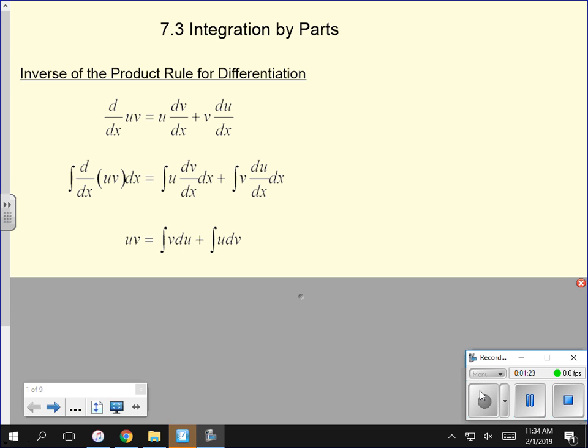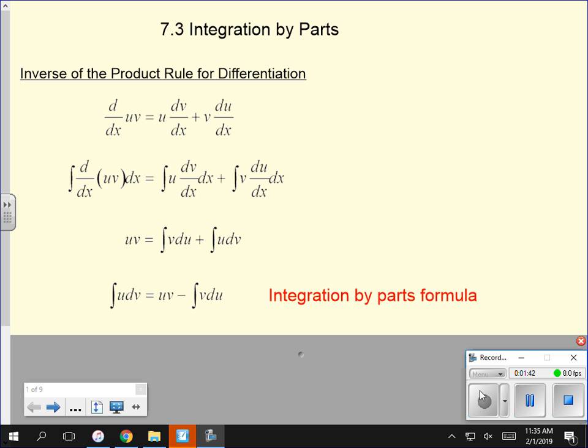The integral of the first one is just uv because it's the derivative of uv. The second one is a function times the derivative, so we get the integral of that function times du, and then we get the integral of u dv. Rearrange this, and we get,